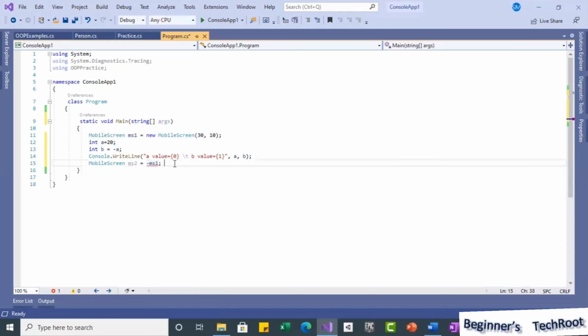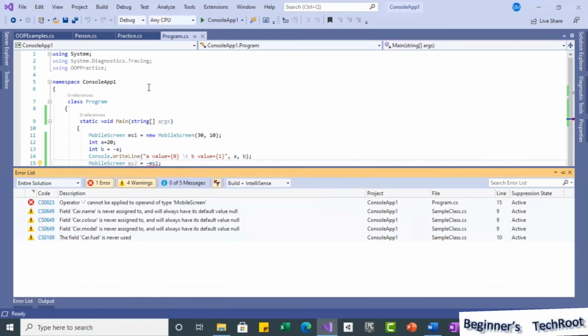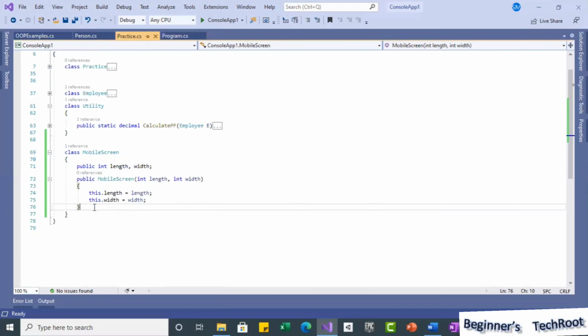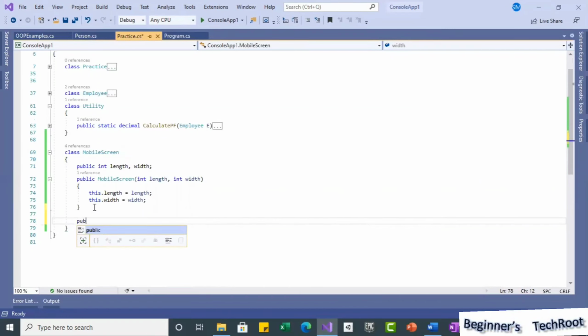Now I am going to do how we can overload it. As we discussed, we are going to use the operator keyword. I will go back here and define it as a unary operator. I will use public, or even public static.